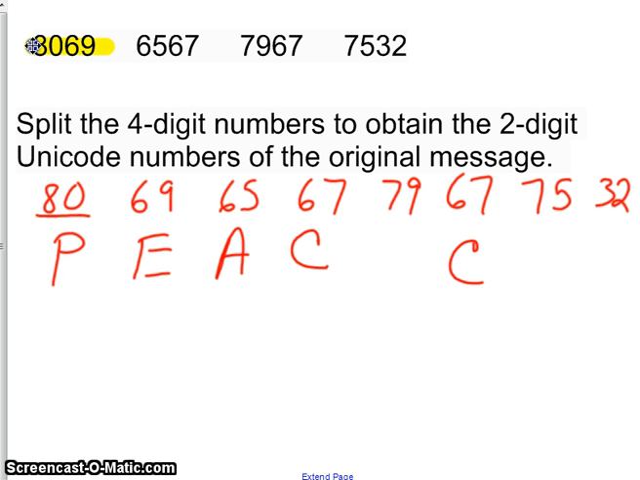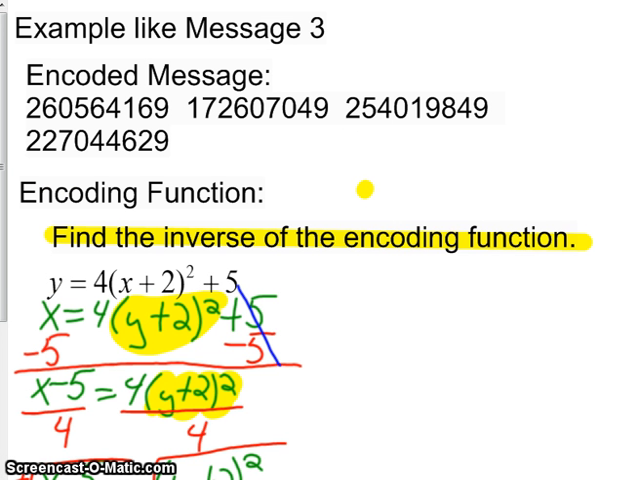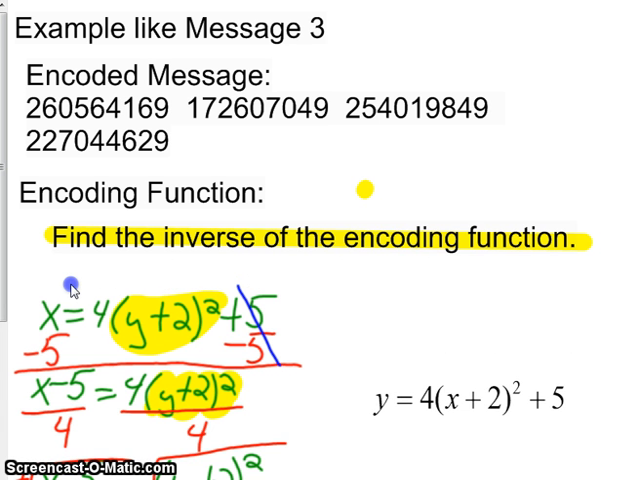Okay, so that is what you have to do to decode message 3. In the last page, you have to create your own message, write a quadratic function. When you write a quadratic function, try and keep it in this form. All right, that's going to make it easier for you. Just substitute in your, this is vertex